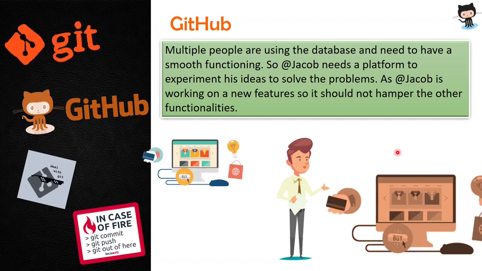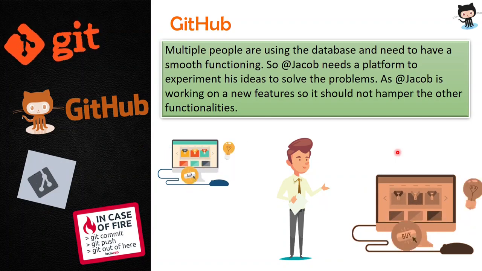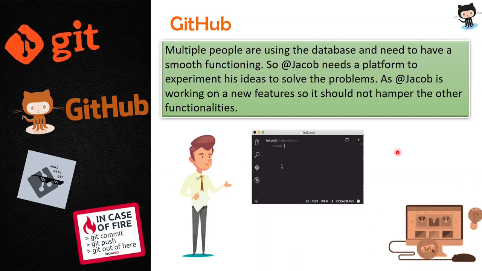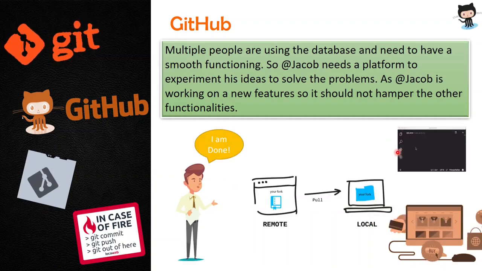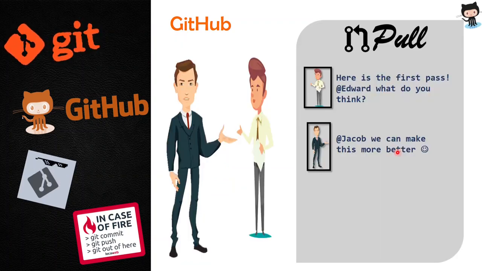Now, when Jacob is ready to write the new features, since GitHub is tracking his changes, whenever he does some changes, it is saved. And when he's done with all the changes and the features are done, he's tested and it's working properly. He collaborates with his team. He says that I'm done. He tells his team that I'm done with the changes, I'm done with the testing also, and he asks his team to please come up and let's have a discussion on this